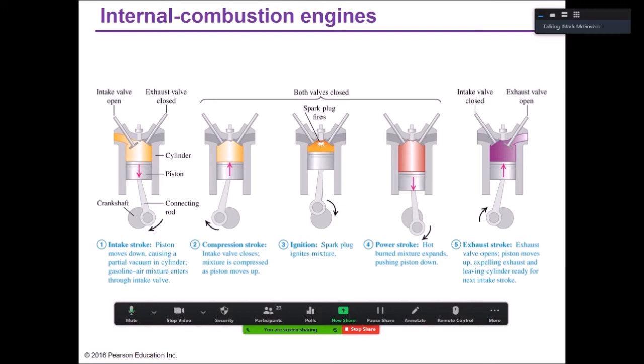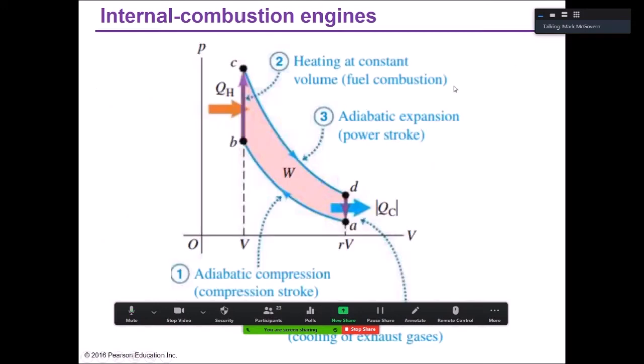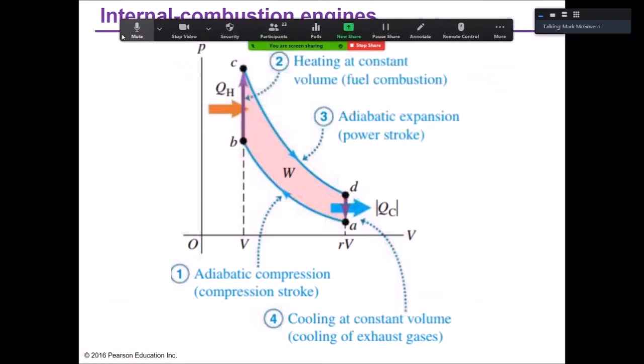Let's analyze what goes on in these processes, though, from the thermodynamic standpoint. This is a pretty simplified example of what's happening here, but it's very close to reality, actually. We start with A, okay? And at A, we first have this adiabatic compression. Now, it's adiabatic, and what I mean by that is, you obviously know what adiabatic means, right? Adiabatic means there's no heat put in or heat put out. And I mentioned this a lecture or two ago, but it's because the compression is rapid.